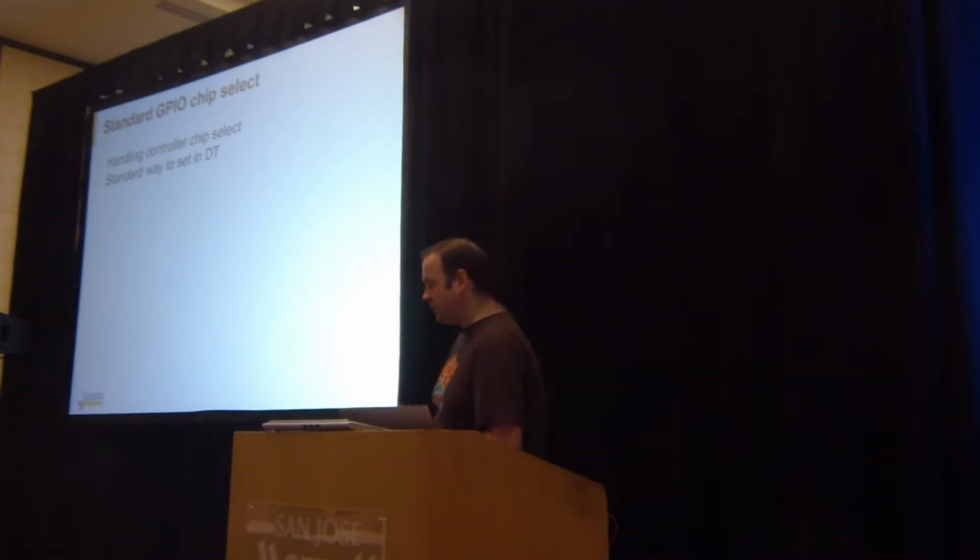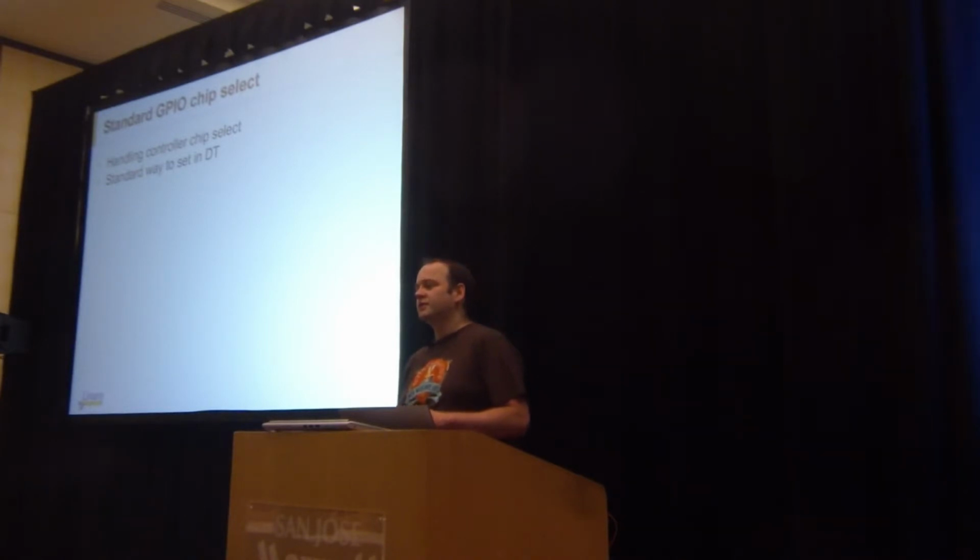This is not a very exciting feature, and the registration of the GPIOs is a bit fiddly to do at device registration time. But currently, the framework doesn't actually help with that at all. So every driver that wants to implement GPIO chip selects has to go and open code that, which both means that the feature isn't as widely available as it should be, and means that it's slightly more complicated to use than it should be, because you have to look at how your individual SPI controller driver has done things and